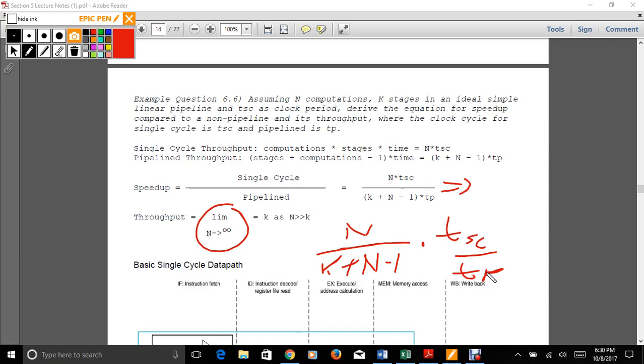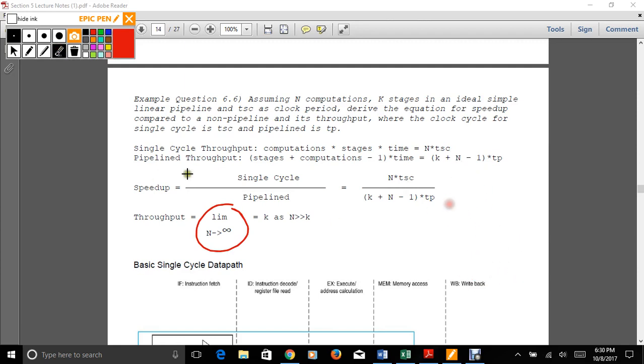You're not going to have that many stages, 5 or 7 or 8. As n gets into infinity, this gets very close to just n over n, right? So then this just becomes 1, right? 1 as it approaches infinity. So then we have to figure out what T_sc over T_p is. This value is actually pretty easy to figure out, because what we're going to do here is,